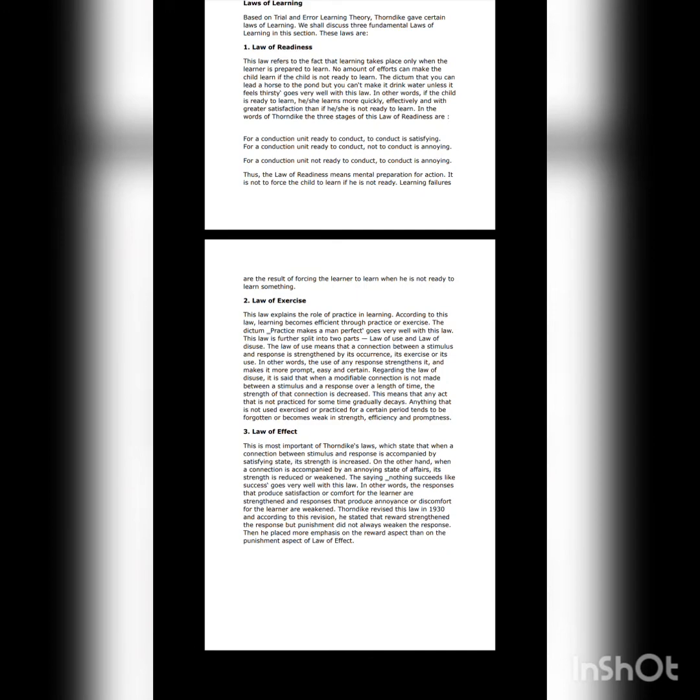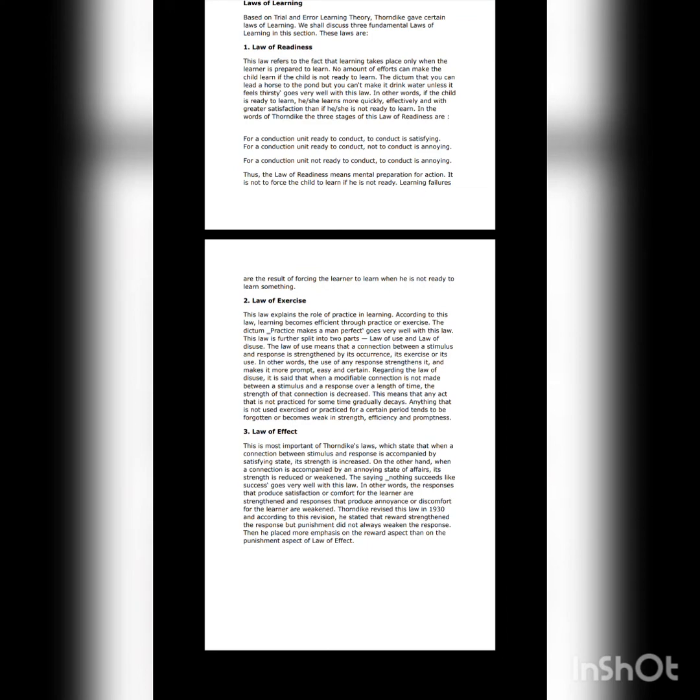Regarding the law of disuse, it is said that when a modifiable connection is not made between a stimulus and a response over a length of time, the strength of that connection is decreased. This means that any act that is not practiced for some time gradually decays. Anything that is not used, exercised, or practiced for a certain period tends to be forgotten or becomes weak in